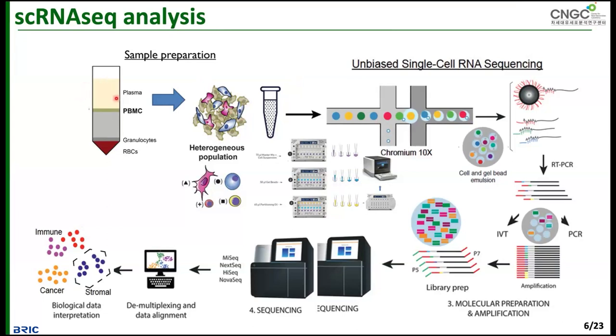For example, when we isolate the blood, we go for the separation of PBMC, peripheral blood mononuclear cells. The PBMC is the main part for the total immune cells. So this is the whole blood. We can separate RBC, and we can separate granulocytes, and we can separate plasma, and there will be another layer. In this layer it would be a little bit of a pearl yellow color, and the gap will be very small. So we need to carefully remove only this one by performing many different methods